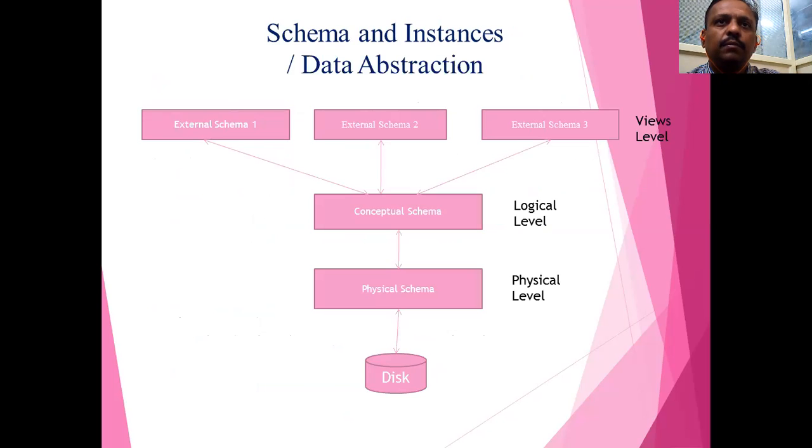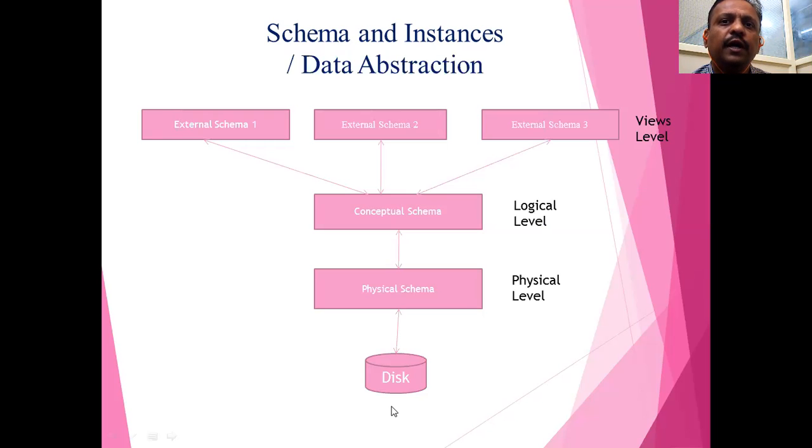So this is an overview of schemas and instances, and you have already studied data abstraction. Data abstraction contains three levels: physical level, conceptual or logical level, and the view level. These schemas and instances are also an example of that data abstraction. So let's discuss schemas and instances.